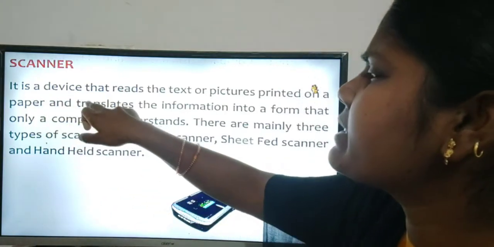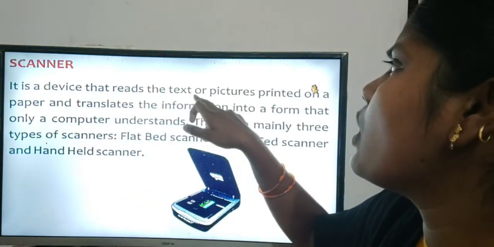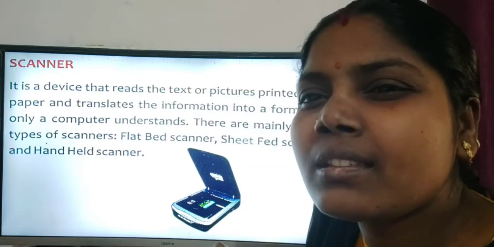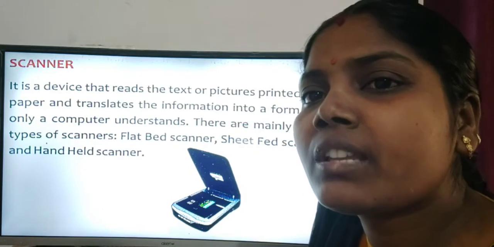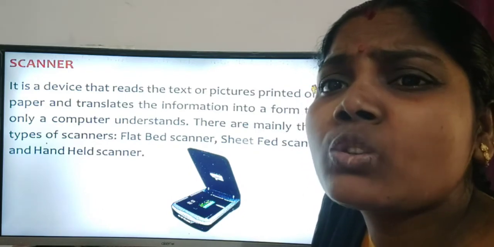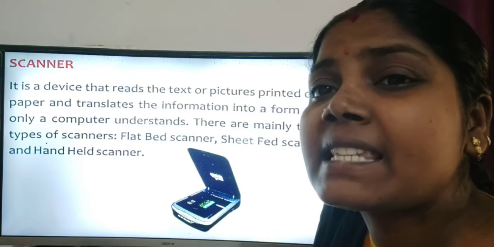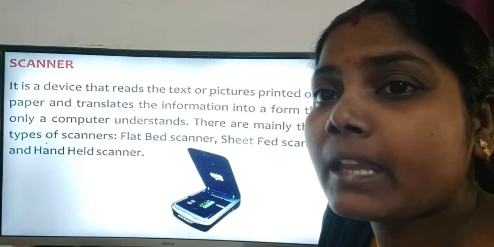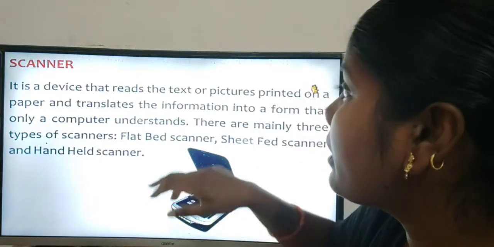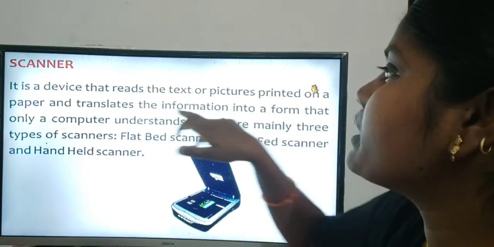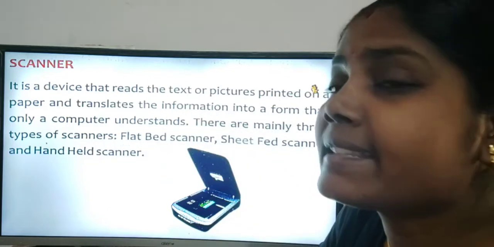It is a device that reads text or pictures printed on paper and translates the information into a form that only a computer understands.